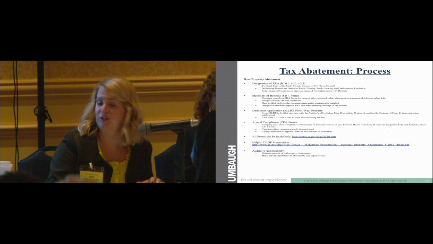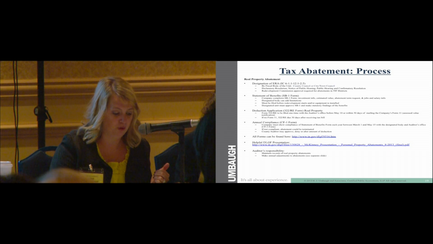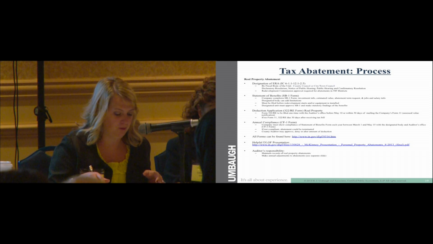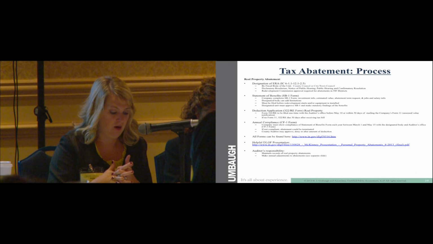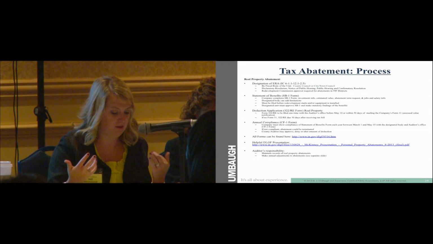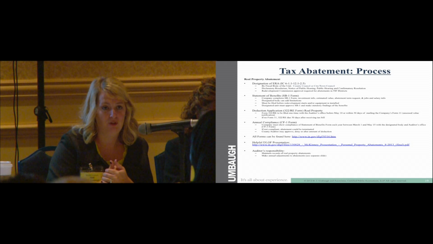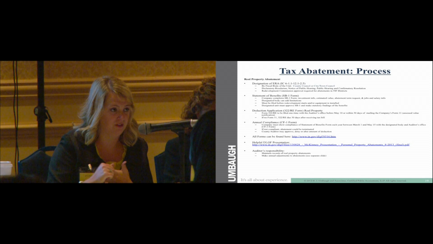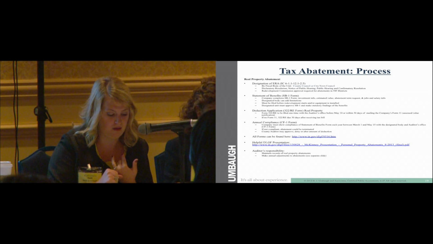Okay, now I'm going to go into the process in more detail. I'm going to first discuss the real property tax abatement. So the very first step you have to go through to get the real property abatement in place is you have to designate an area as an ERA, which is an economic development or an economic revitalization area. And it's the fiscal body of the unit, it's the county council or city town council that has to designate that ERA. After they do that, there's got to be a declaratory resolution, a notice of public hearing, then the public hearing, and then a confirmatory resolution to set up that ERA.